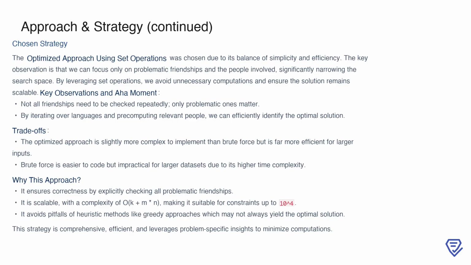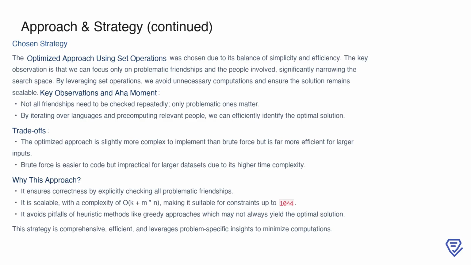One key observation that simplifies the problem is recognizing that only friendships lacking a shared language need to be addressed. Additionally, pre-computing the set of individuals involved in these friendships allows us to efficiently iterate over the languages and identify the optimal solution. While this approach is slightly more complex to implement than brute force, it is significantly faster for